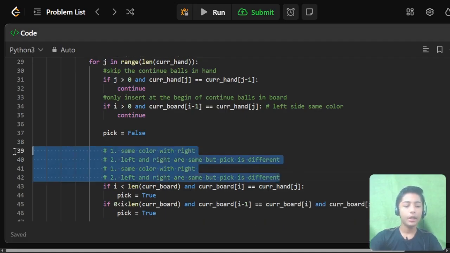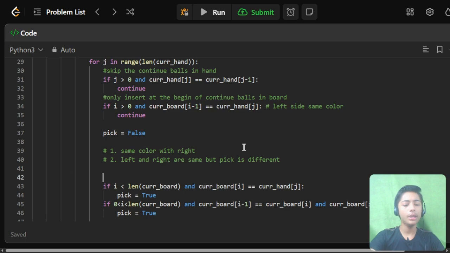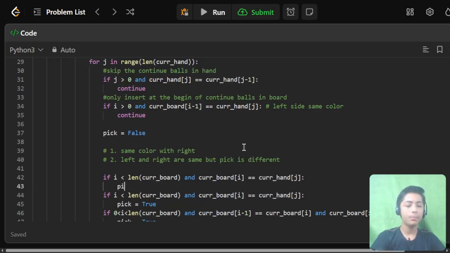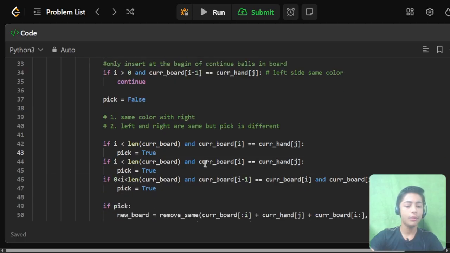If i < len(curr board) and curr board[i] == curr hand[j], then pick = True.